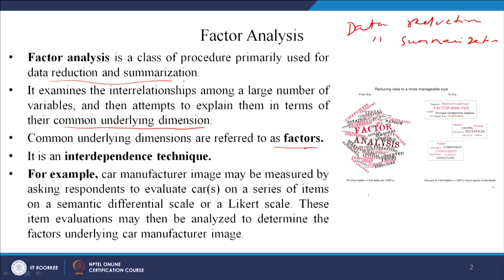So, as I said, suppose you have 60 traits of psychology, and these 60 traits are very difficult to understand, because if you want to go on explaining each one of them, it is very tough, complex. So, let us say I do a factor analysis and the objective is to create a few factors out of this, and let us say I generate 5 factors. Okay. So, that means the 60 traits have been condensed, compressed to 5 factors, okay, and these 5 factors are representative of these 60 traits.